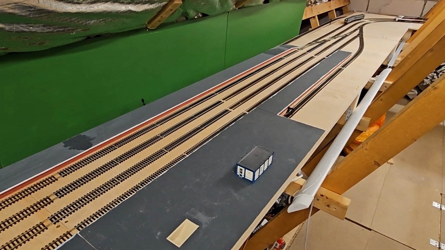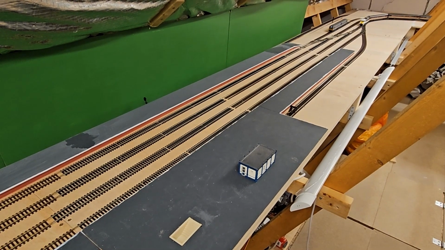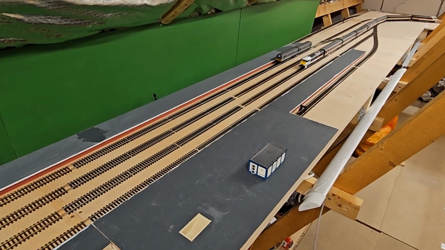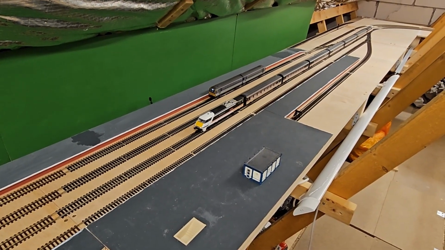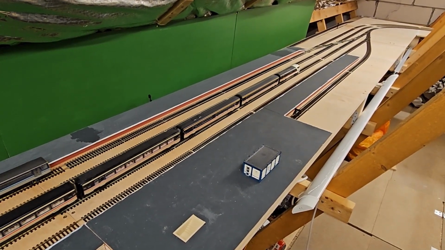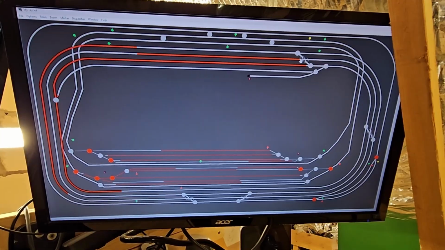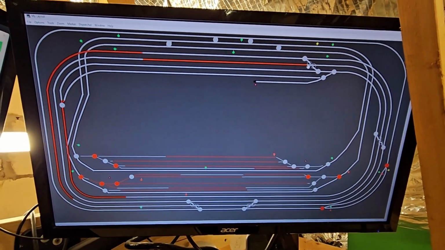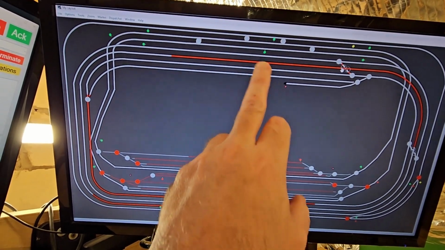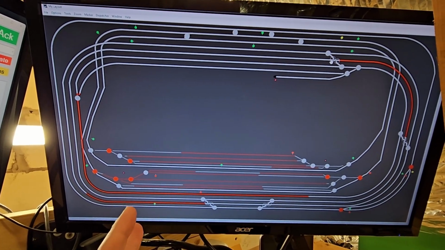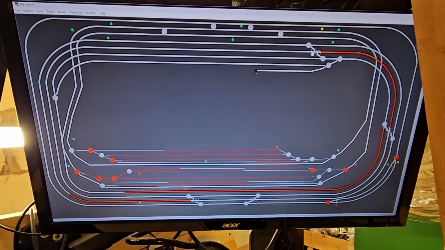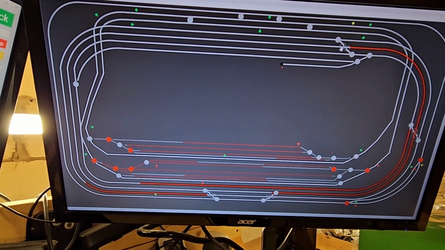So the question I'm coming back to again then is, what's the point? What is the benefit to the considerable cost in time and expense of covering this layout with yet more wire and all of these block detectors? Well, first of all, I get this panel, I guess, and the panel will show, it's a representation of my layout, and these lines that are going red around here represent the 3 trains that are running around the upper deck. So I get a visual representation of where trains are on my layout,